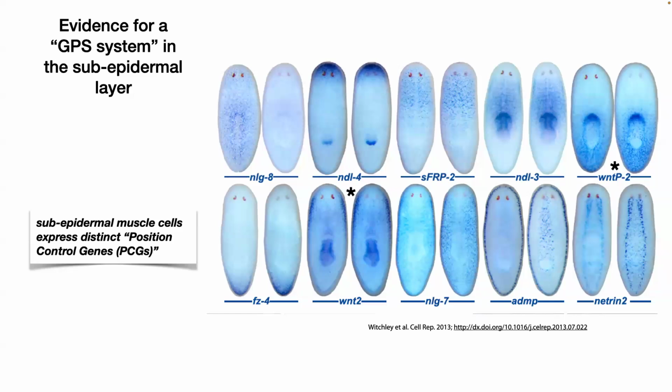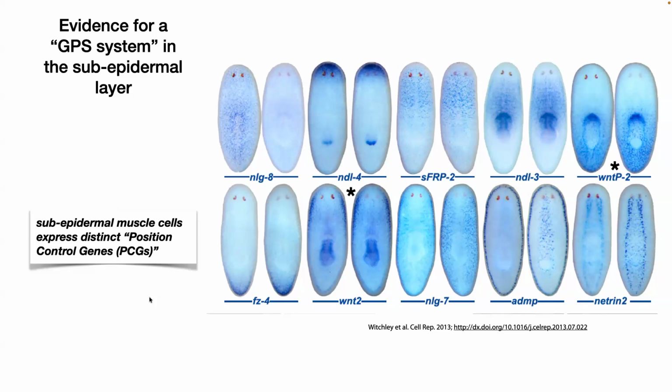So the logic is that these subepidermal muscle cells express distinct secreted factors that have then been tentatively named collectively position control genes, or PCGs. And it has been asked also if their expression is in any way linked to the proliferation of neoblasts and whether it's indeed a separate coordinate system. And this has been nicely studied by now, combining the different approaches I've shown you in planarians. So researchers have triggered